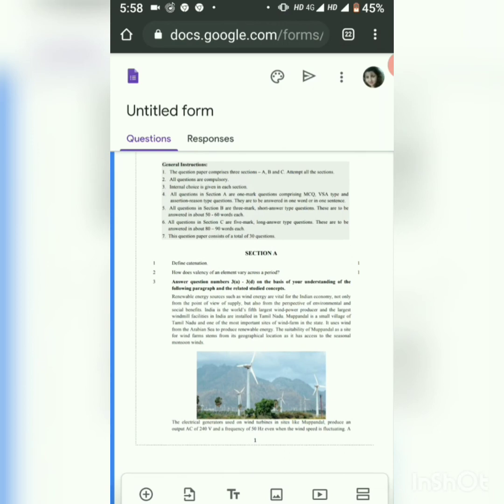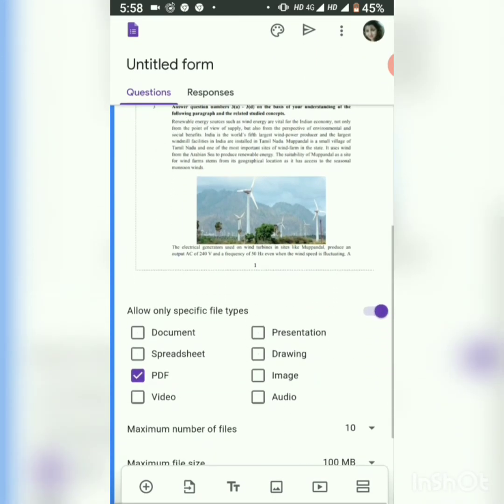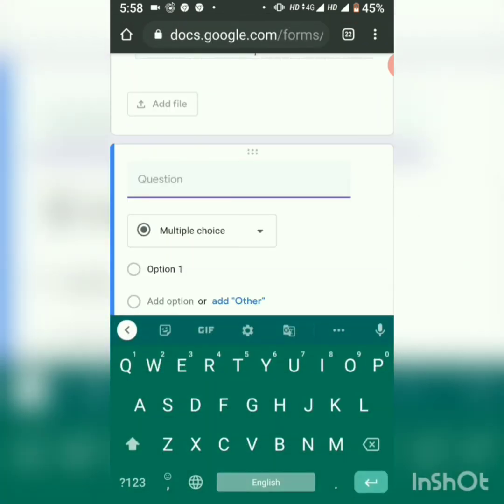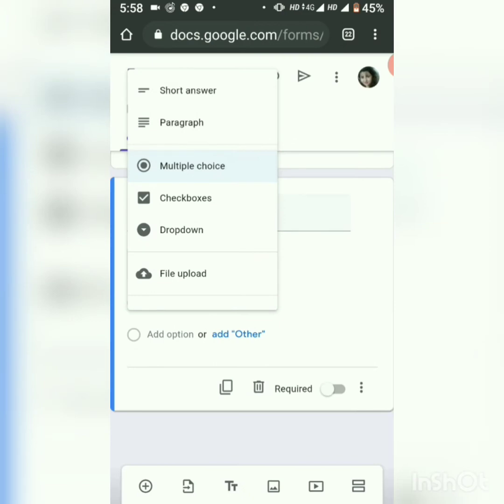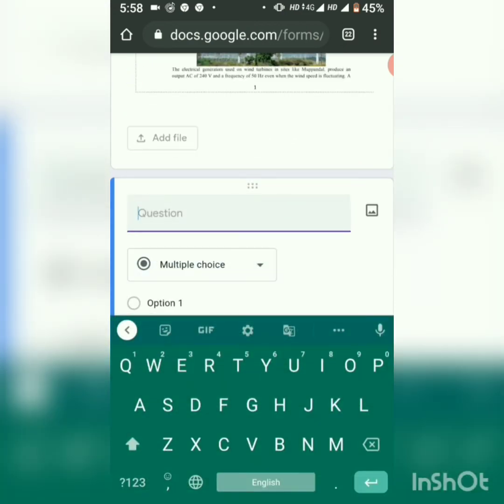One very important thing over here is that you can see I have uploaded the screenshot of the first page of my question paper. I need to upload the remaining pages of my question paper as well. For that I have to click this plus option. Again the things are the same.